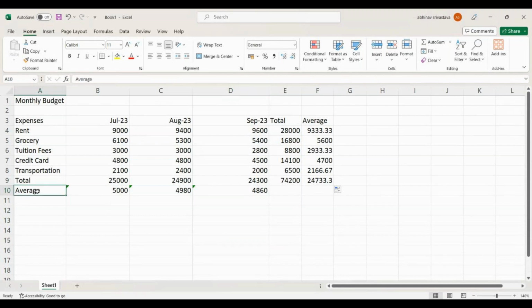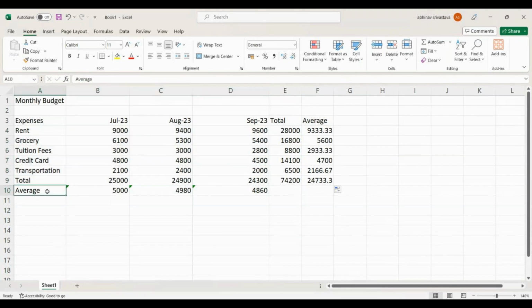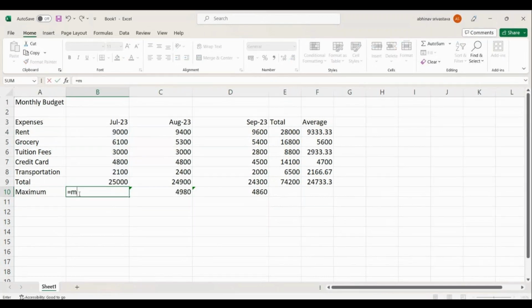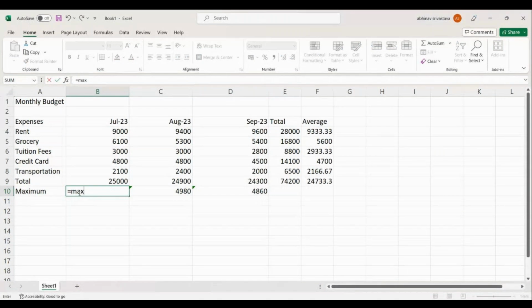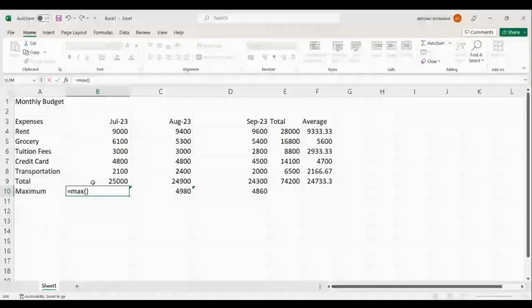But on the basis of column wise, you can find, let's say, the maximum value, that is where you are spending most of your money and where you are spending less money here. Okay, so that is what is possible as well. You can find on the basis of maximum as well. Okay, so you can do, let's say, equals to, so I can use the max function. You can use the max function and I can write here